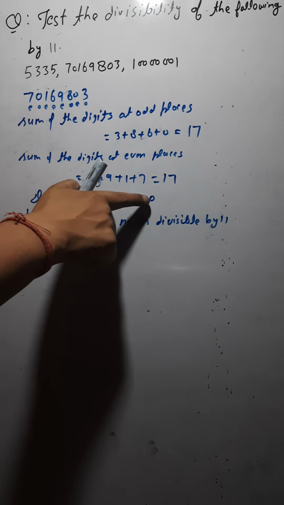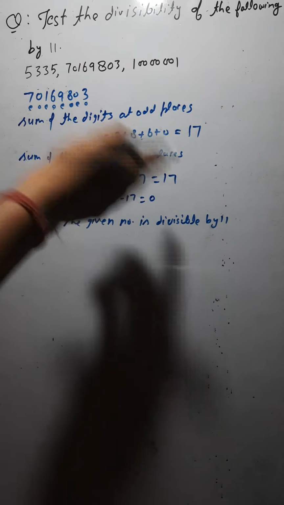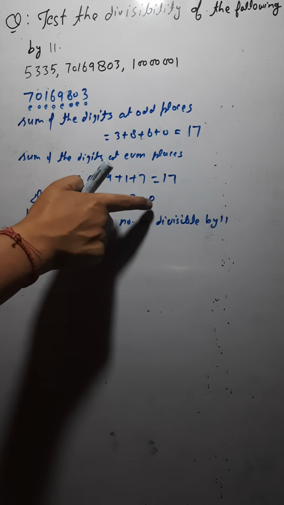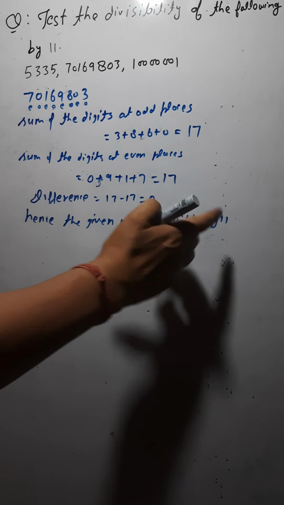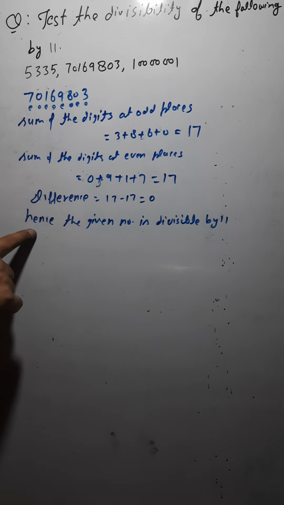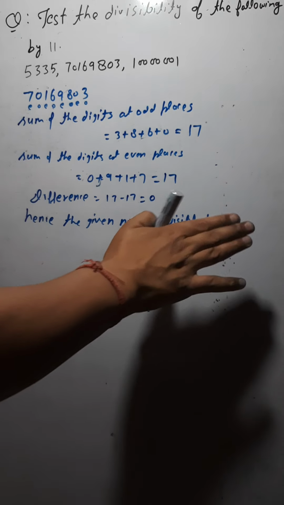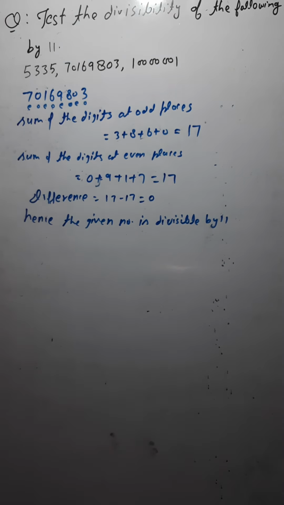So now if you see, this is coming 0. So 0 is divisible by 11 or not? So if the difference is divisible by 11, then the given number is also divisible by 11. Okay, so hence again here also, hence the given number is divisible by 11. Similar. Okay, note it down. If you have noted,